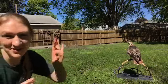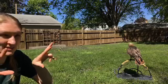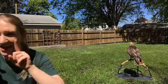For raptors, especially our daytime raptors, they have multiple spots. So each eye has two spots of focus, which ends up combining so that they have, I'll sit here,